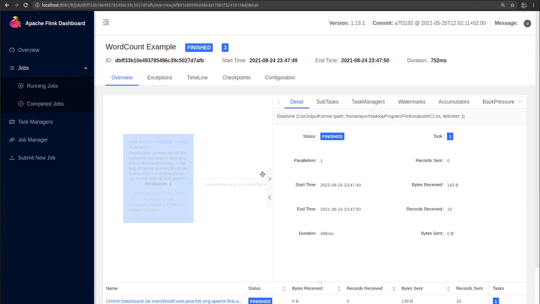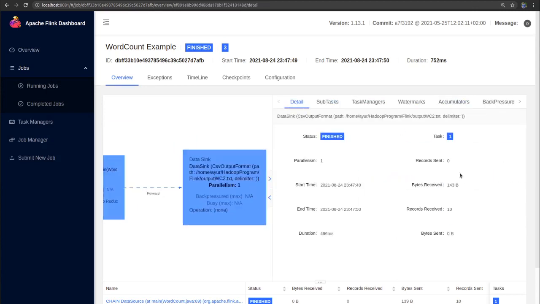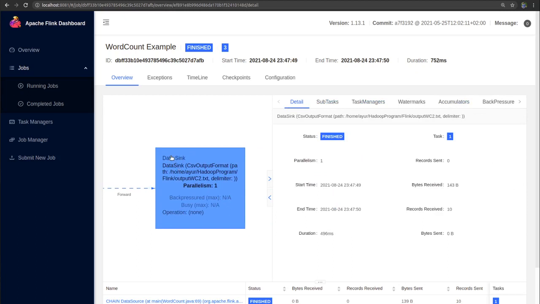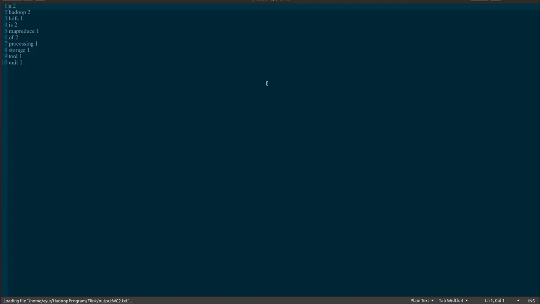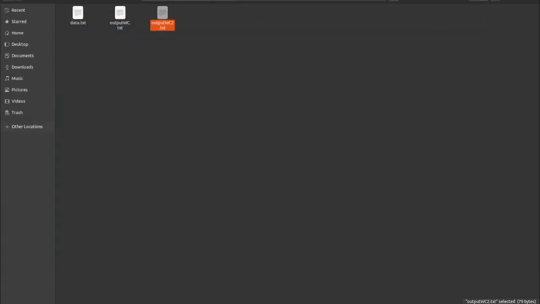This is a data sink operation in a CSV output format. Now I will just show you the file which we got. As you can see, we got our output in the output wc2.txt file, and by this we can run our normal word count program in Flink.